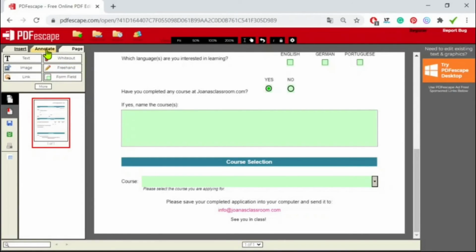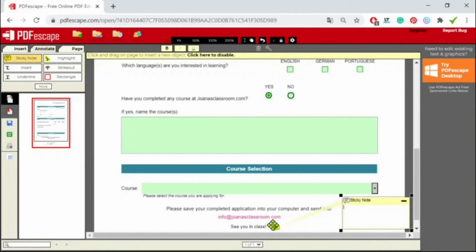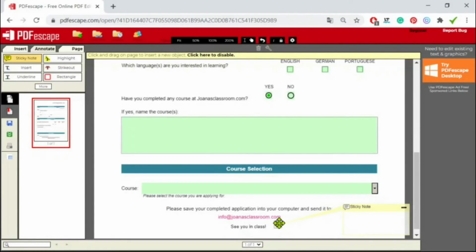again, which is the one in the middle, and I'm going to click on the sticky note. I'm going back to the bottom of my page now, and I'm going to click on the spot where I want my sticky note to appear. I can always move it though, just click on it and move it around, but this is the spot I want to see it in. Then we can type in our annotation inside this box. My annotation is, don't dare to skip it.